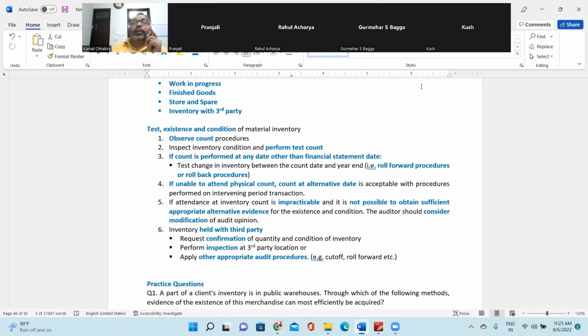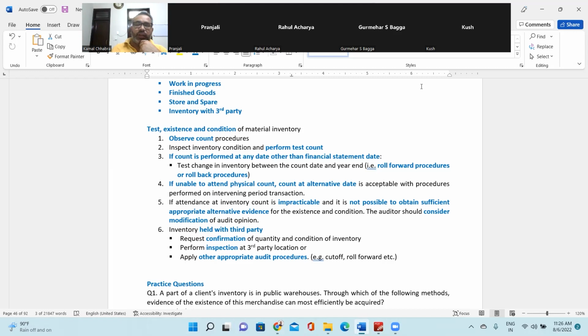And if you remember, in the last to last class we discussed, if you are doing a first time audit, or you are a new auditor, but you have been appointed after the previous year financial statements have been signed, how do you gain comfort over the opening inventory if the previous auditor has not performed the inventory count? In that scenario, let's say you have been appointed on 1st March 2022 to perform the audit of the financial year ended December 2021.